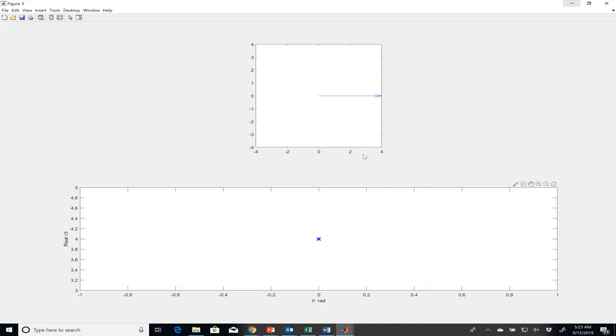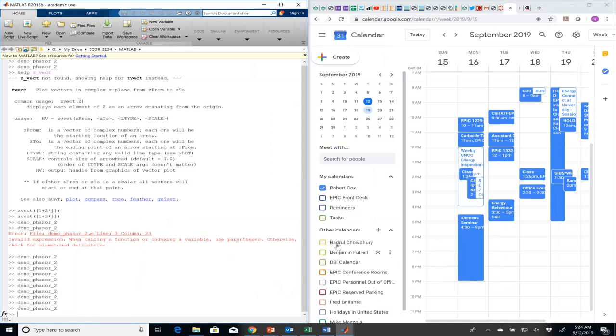All right, so here we go. My static phasor sits here. My dynamic phasor rotates as the angle increases, and the real part is right here on the real axis. That real part is also plotted down here at the bottom. And I can see that that real part basically traces out a cosine as the angle advances. Now, that was essentially